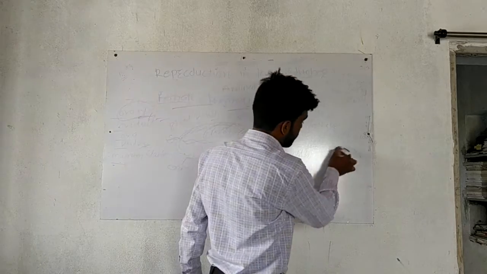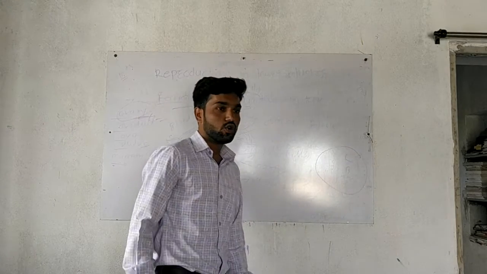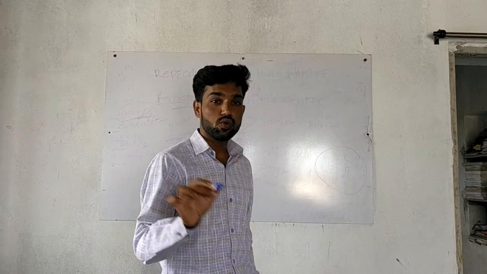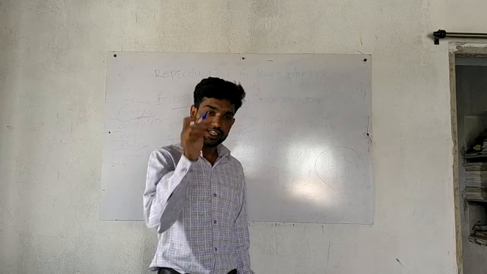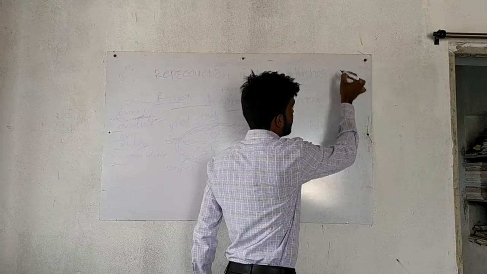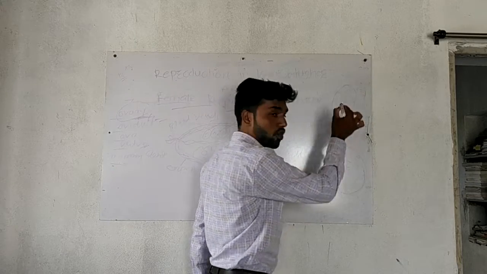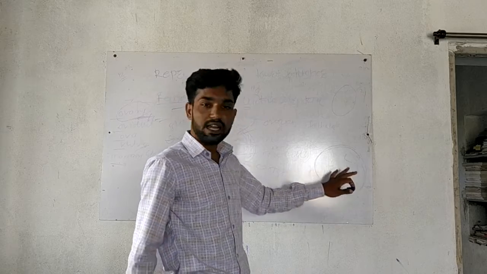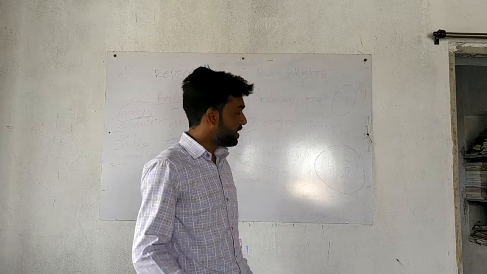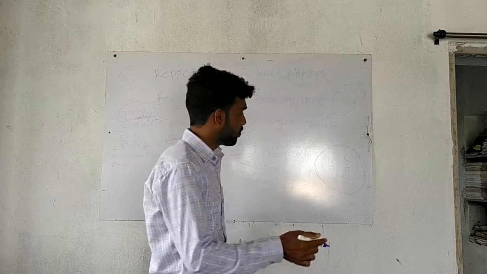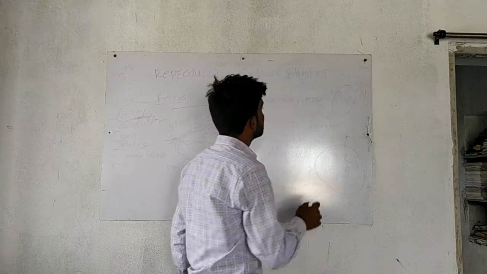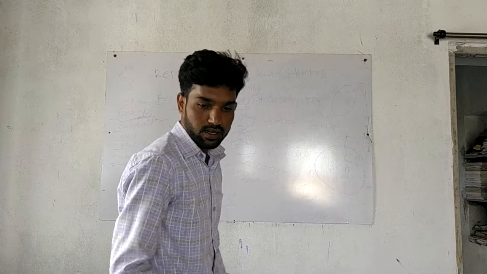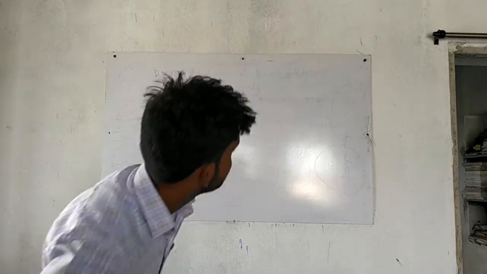Before that, we have to know the morphology of the ovary. The ovary is oval in shape, like the testis in the last lecture, which is also oval in shape, but this one is horizontal. It is 3 cm in length, 1.5 cm in breadth, and 1 cm thick. It is situated near the pelvic girdle. Let me show you the pelvic girdle.